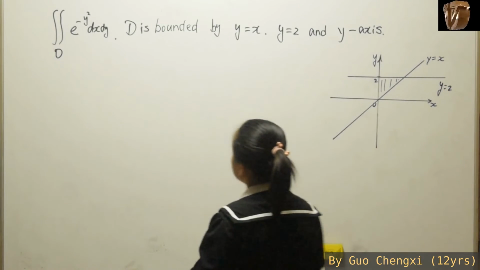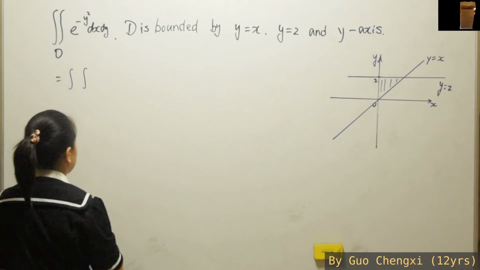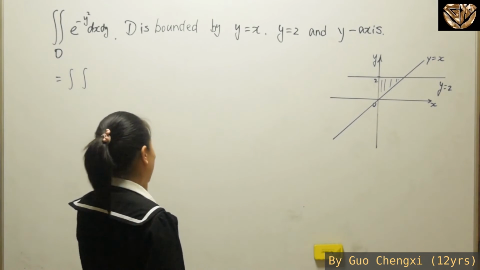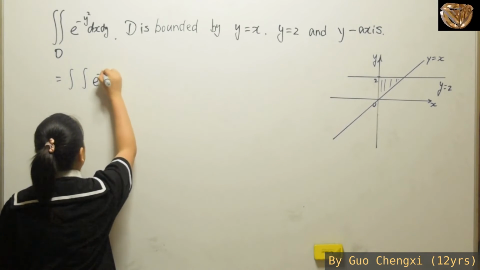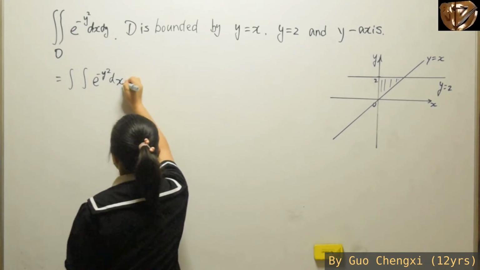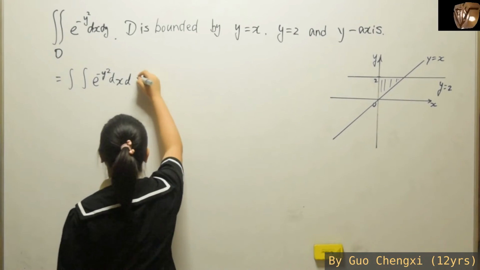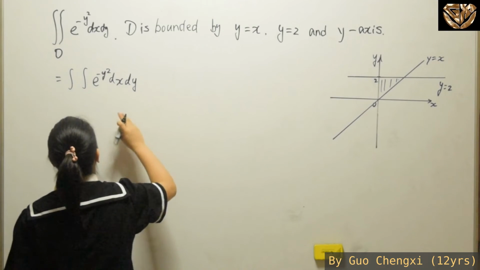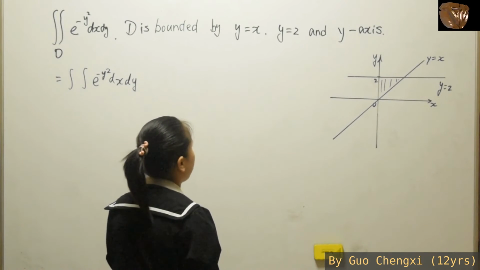Okay. Alright, so for this part, supposingly over here you can choose to integrate with respect to x first or with respect to y first. Well, for this part, e to the power of negative y squared, hence we had similar examples in the past and we learned that if this kind of power we cannot just integrate them. Okay, well for this what we're going to do is we're going to integrate with respect to x